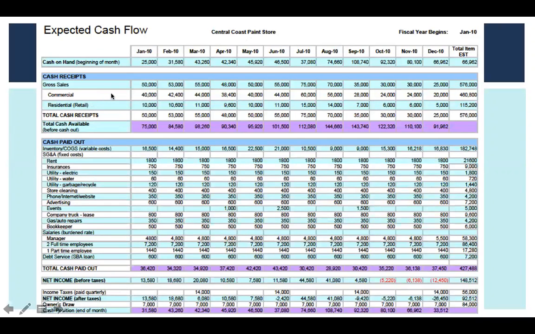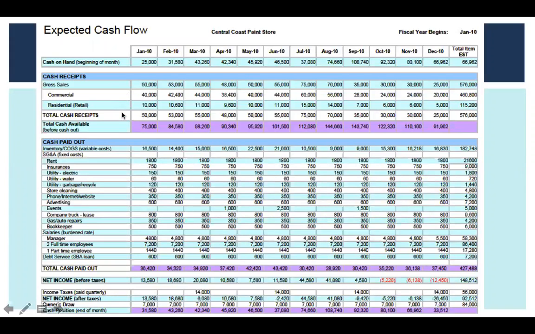And this is how they choose to see it, just because the business owner may want to see these particular categories in terms of cash in, just so they can know how this business is doing and bringing in cash from these commercial accounts separate from residential, which is often paid for on credit card or cash at the time of sale, whereas commercial could have a lag effect due to credit that they've extended to their businesses. So we have gross sales here.